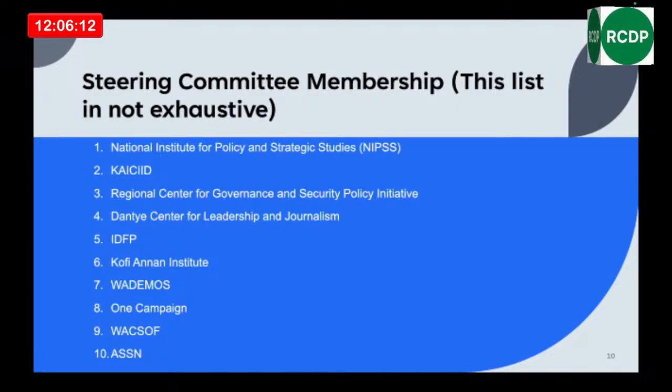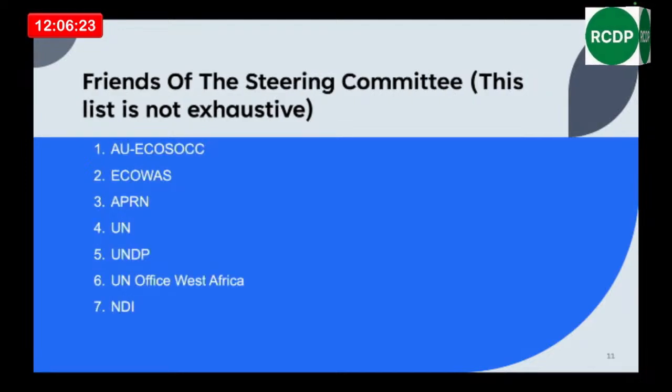Now, these are the partners that we hope to involve within the steering committee. I'm not sure which of them are still present in the room today, but I know we have a few of them. And so just to mention that this list is not exhaustive, but these are the kinds of partners that we hope to involve as members of the steering committee